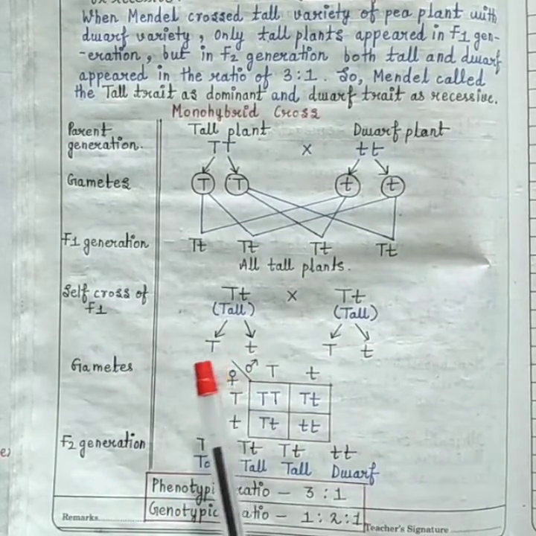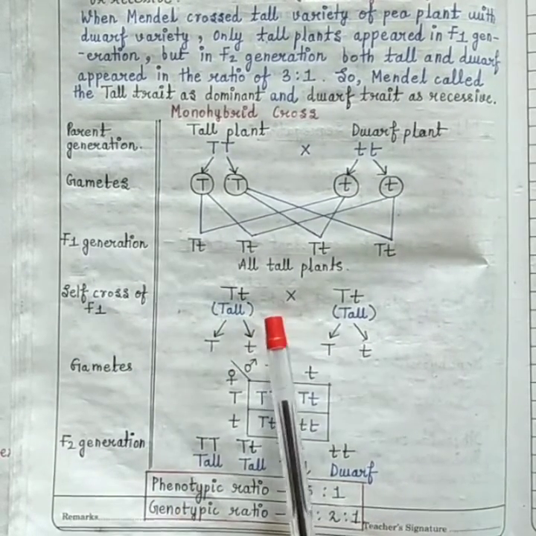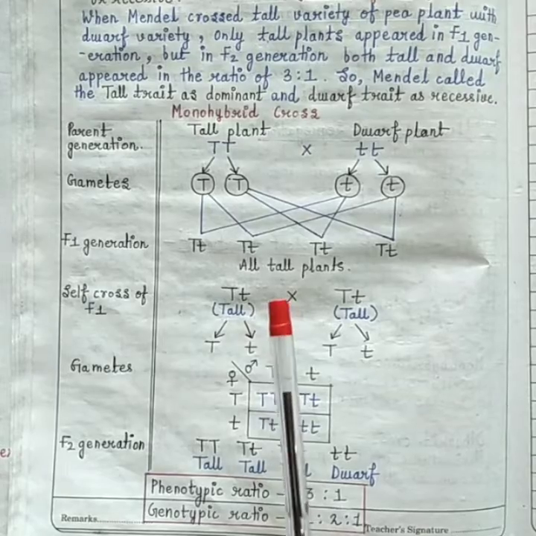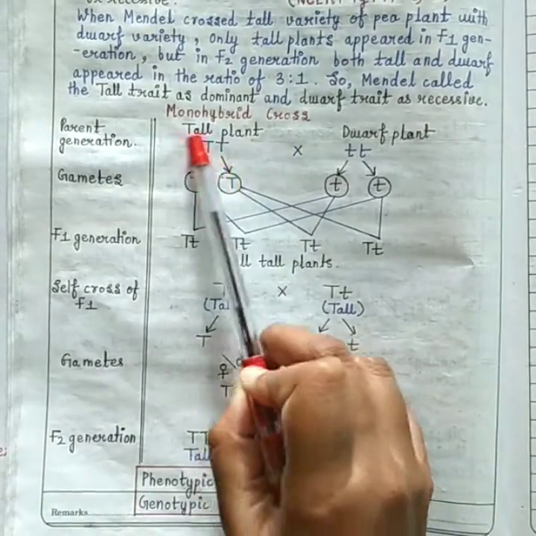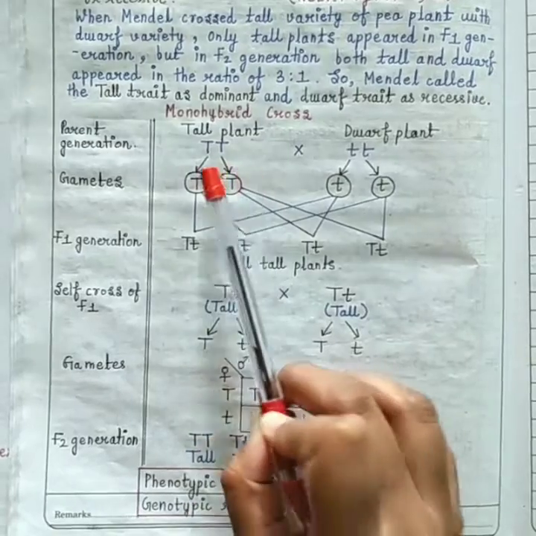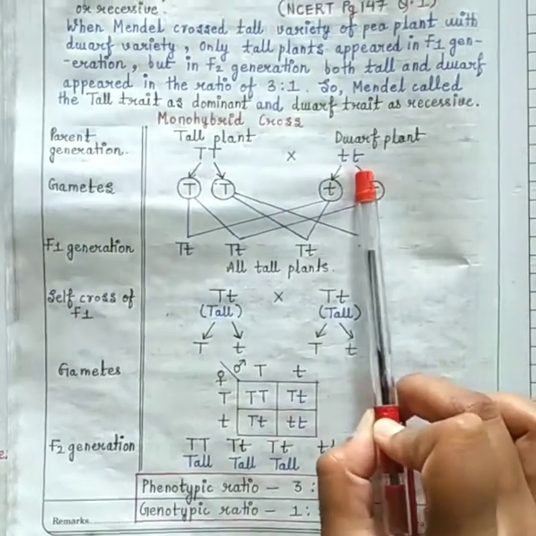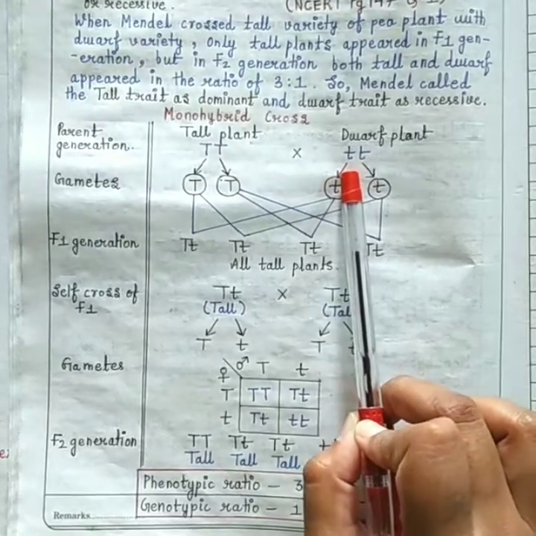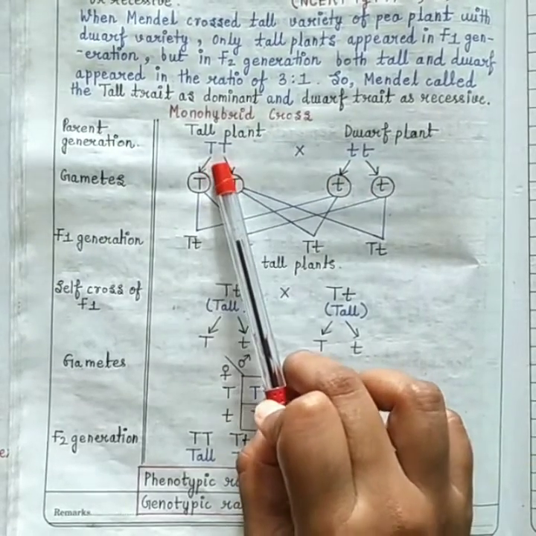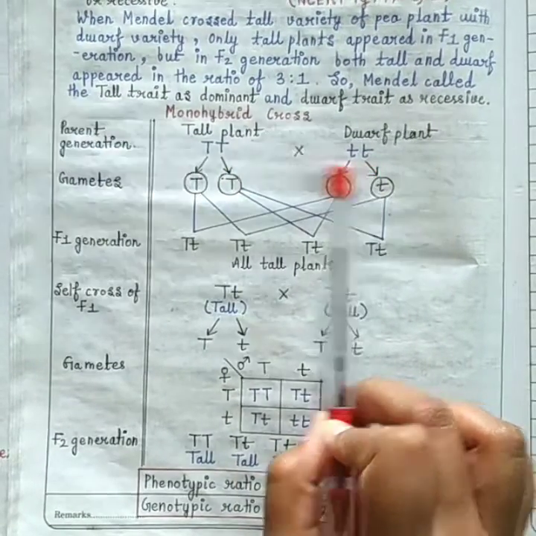Now talking about law of dominance. Law of dominance stated that when two homozygous individuals, now look at this, capital T कैसी condition है, homozygous tall, and here small t कैसी condition है, homozygous, but homozygous recessive. तो ये homozygous dominant है, ये homozygous recessive है. when